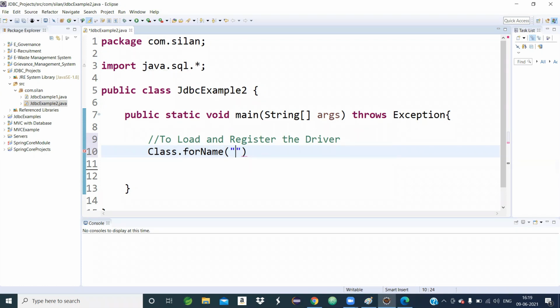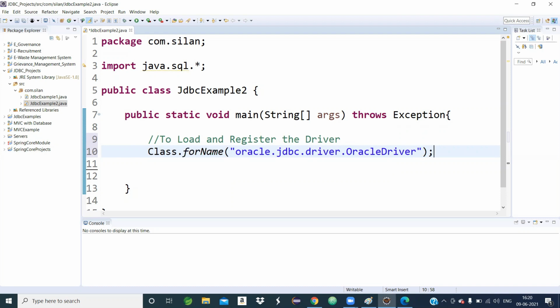That argument is the type 4 driver class name for the Oracle database: oracle.jdbc.driver.OracleDriver. OracleDriver is the type 4 driver class name for the Oracle database, and to get OracleDriver we have to go through a path, oracle.jdbc.driver.